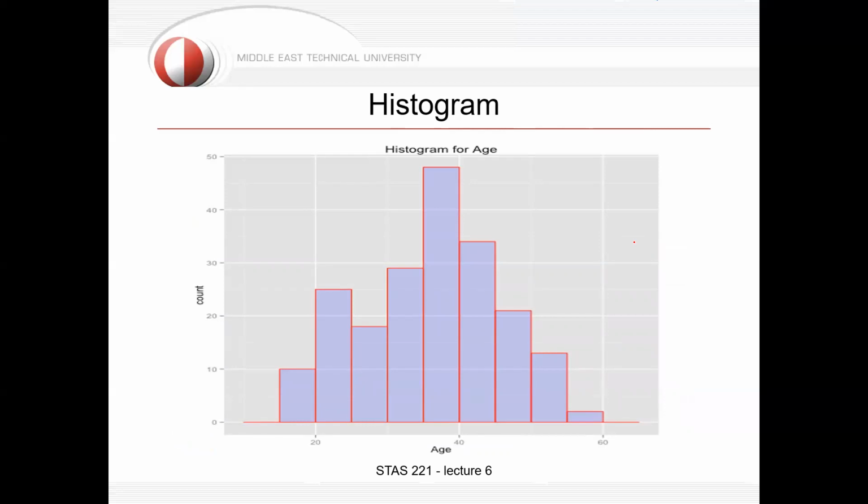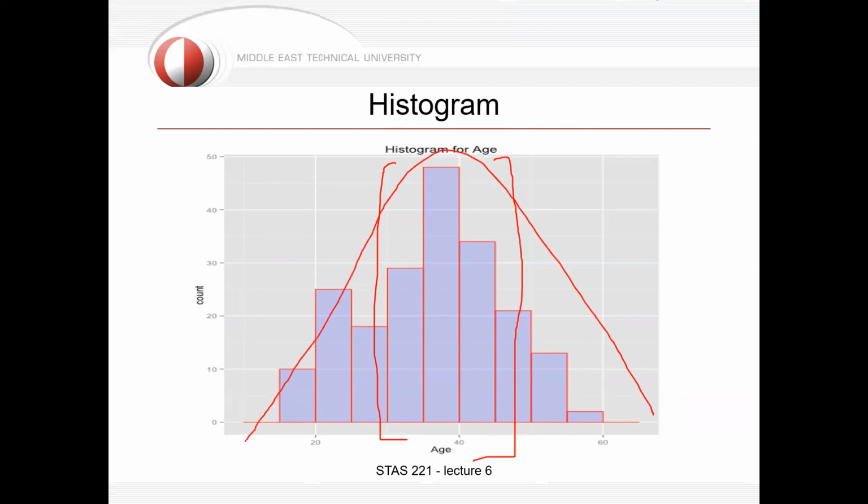Histogram, as we mentioned, this is very useful for interval and ratio data types. And it's very good to show the trend and distribution. You understand, for example, here, many of the data is concentrated on this part, but can I say this is symmetric or not? Not exactly, you see. So based on some measurements, you can even decide whether I can consider symmetric or not,